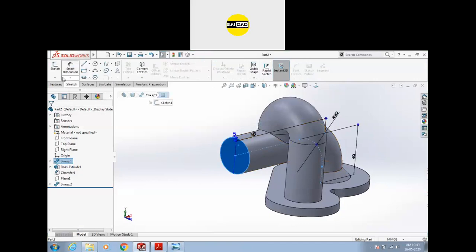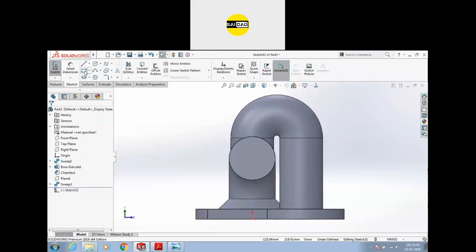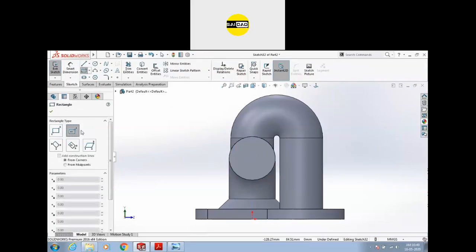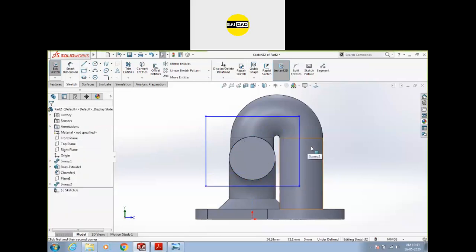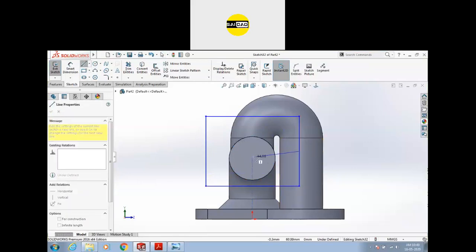So I'm going to create a sketch right here, a rectangular shape that will be like this, and two center lines like that.